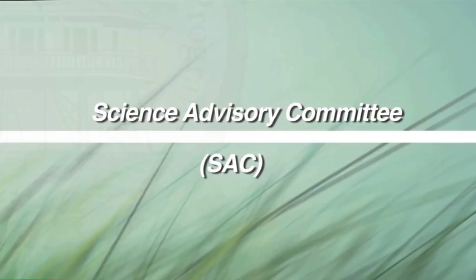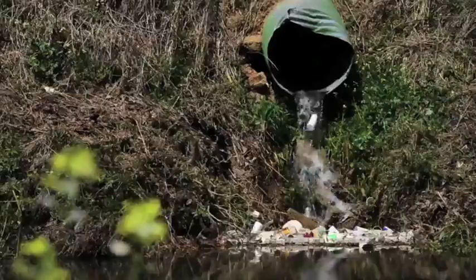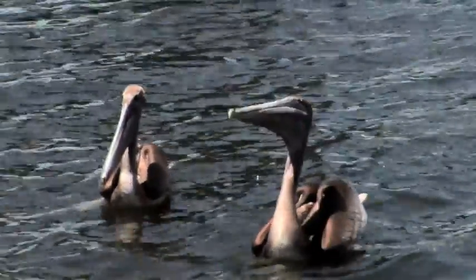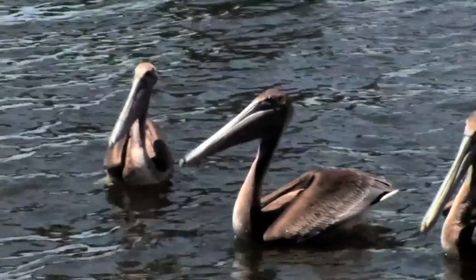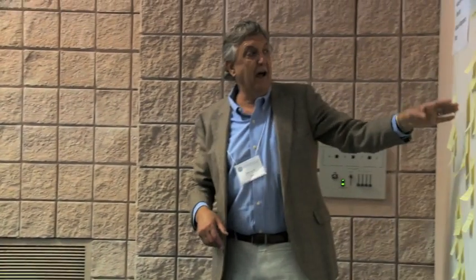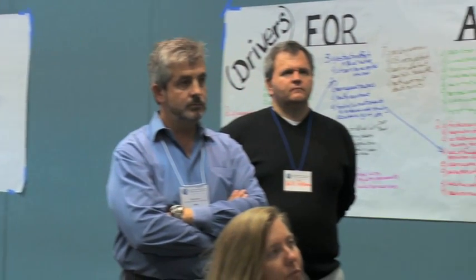One of the charges of the Science Advisory Committee is to integrate science into the development of an environmental monitoring program to track the health of Alabama's estuaries. In 2014, the SAC channeled their energies toward determining what biological integrity looks like along the Alabama coast. We've been working on a tool to communicate ecosystem health to the general public. If we can measure biological integrity in a natural setting, we can determine whether or not restoration activities have been